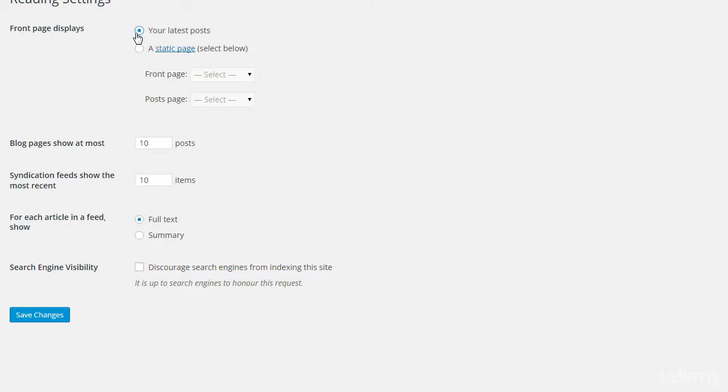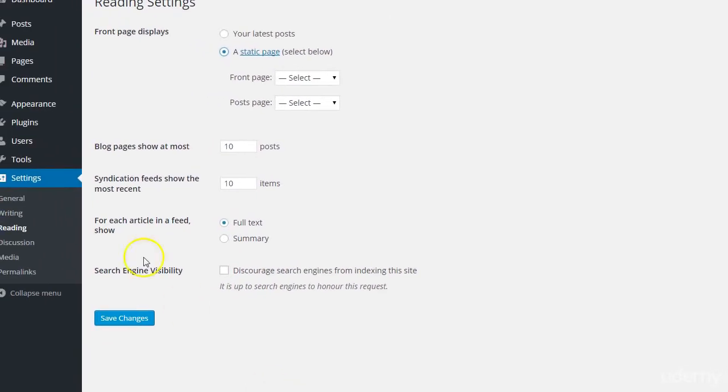Then that's using WordPress more as a business type website. And that's what most business websites do. They will have their front page as a static page. They will create a separate static page within the Pages section of the menu. Don't worry, I'll show you this Pages section a little bit more later on. But if you want to do that, then that would mean, of course, that your posts page would have to